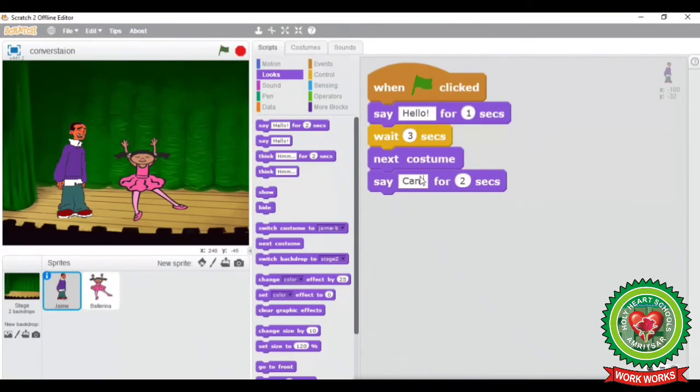Can you demonstrate the exercise which I have taught you?